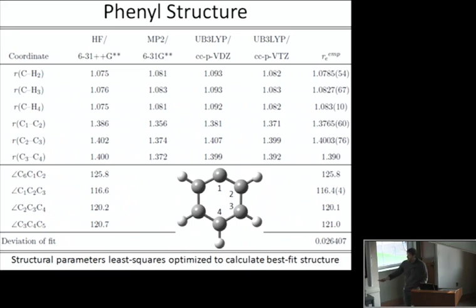This is the fit results from structural parameters that are least squares optimized to calculate the best fit structure. There were 24 rotational constants that were used, and they reproduced to a very remarkable deviation. And here you can see, if you'd like to compare to normal benzene, of course, the changes in the CH bond distances or the CC bond distances. Of course, the benzene has a 120 degree angle between the CCC